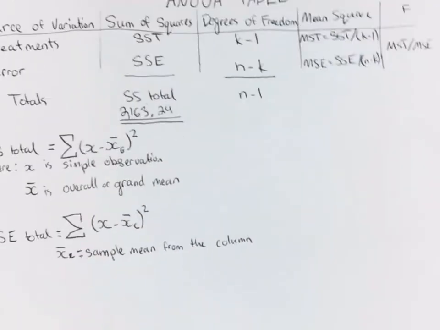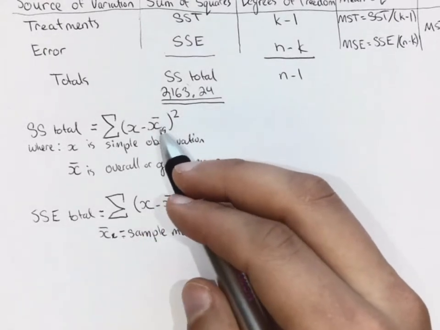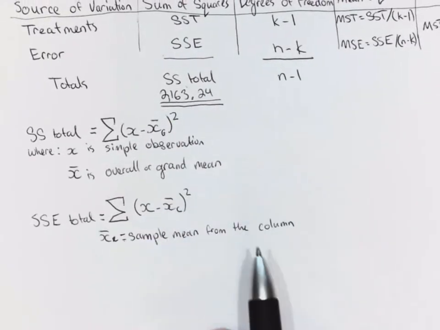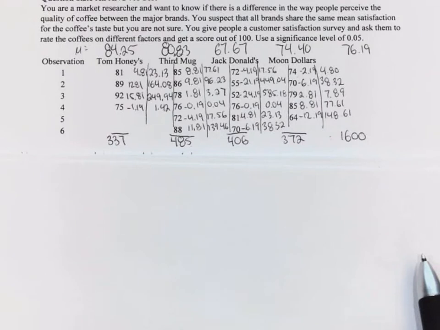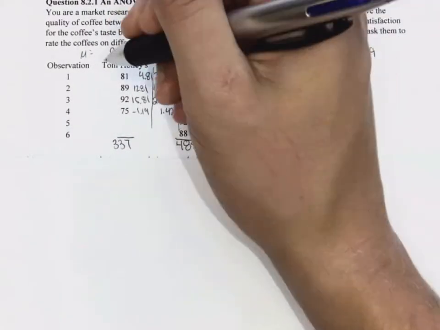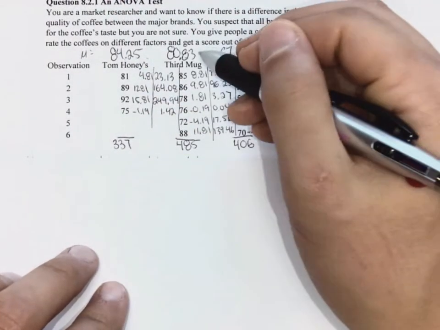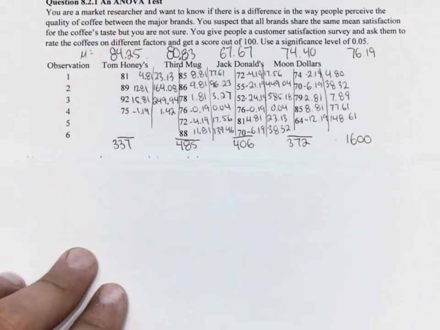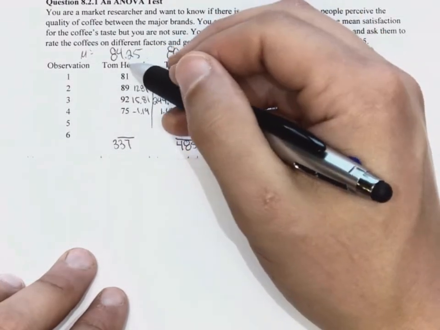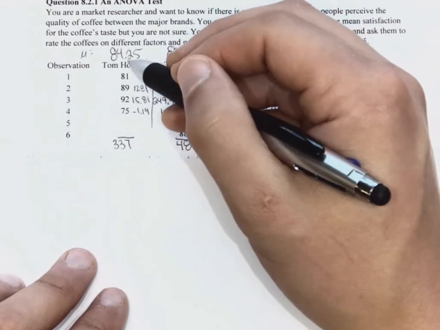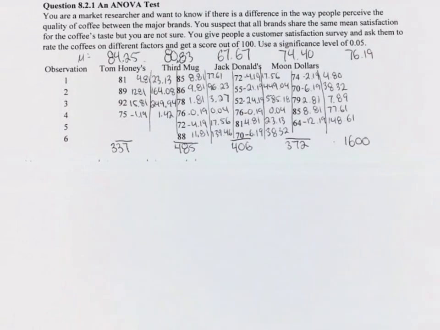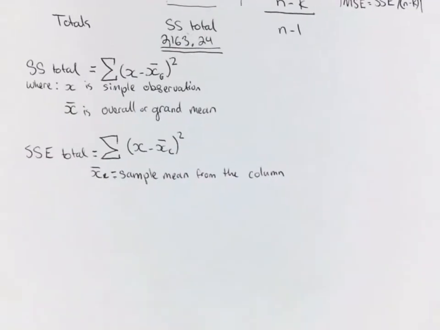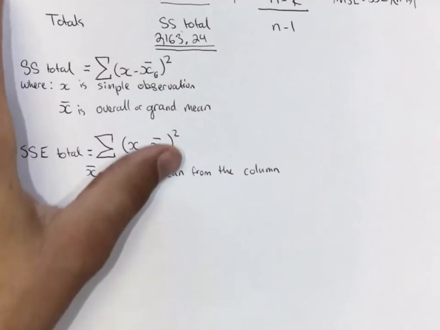Now, do you remember how when we did the SS total, we used the grand mean? Well, now we're using the column mean. So what we will do is use our individual mean. So this would be A, this would be B, C, D. And we would subtract 81 from X bar A, 89 from X bar A, and so forth. Now I've run out of room on this table, so we can do it simply by hand, and I'll get us started just so you can see,